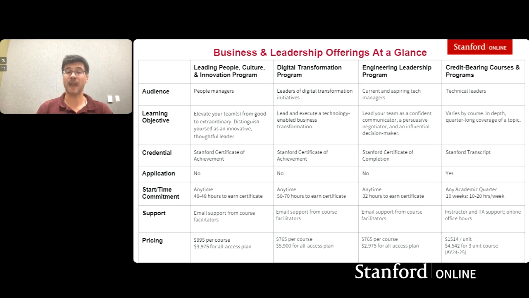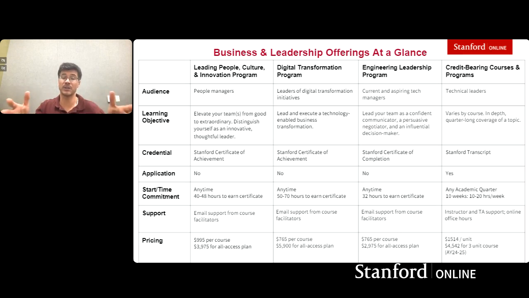Good question about discounts. I would say take a look at what our sites say for the credit-bearing courses. It's tuition, so there's not a discount available there. For the professional courses, Robin can speak more to it. The all access plan is essentially one way to get everything up front at a slightly reduced price.